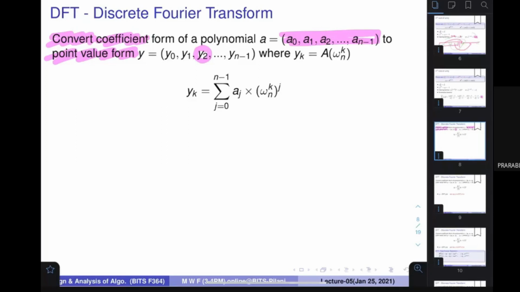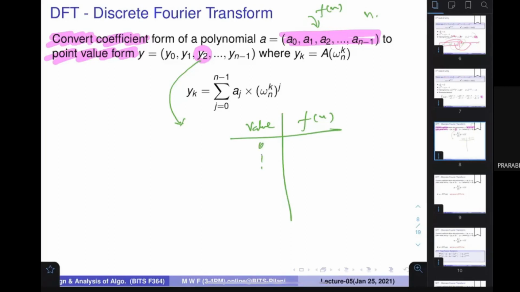As I told you earlier, if there are n values, and this is f, now please concentrate. Let's assume that it is a function of x. For some values, for example 0, 1, 2, 3, 4, 5, 6, 7, I have to evaluate what these values are. Everybody is okay? Then these values I am going to give as an answer. Is it fine?